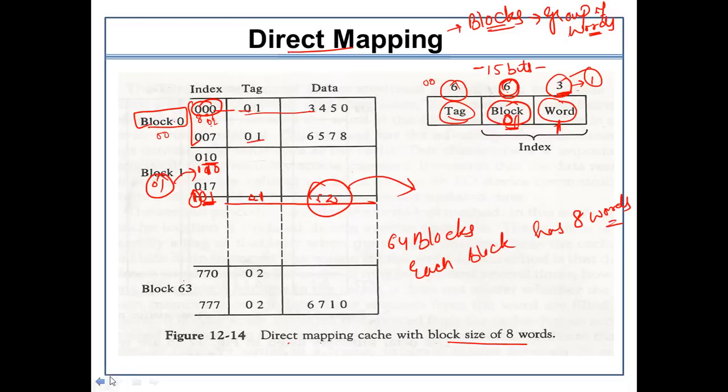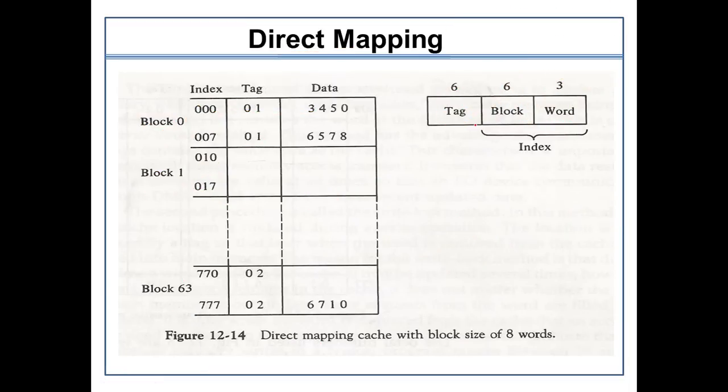Again, I am just going to skim through it. Here we have an index which has now been divided into 2 parts. This 6-bit address signifies the block. So I need 2 digits of data because we are storing the data in octal form.